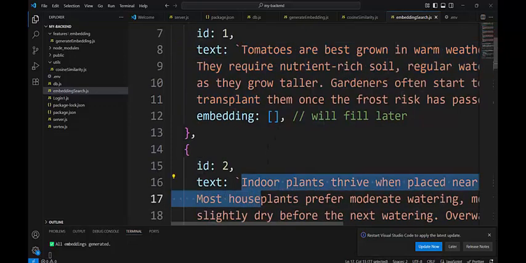Indoor plants thrive when placed near. It is strictly text that we have in our data, and because of that